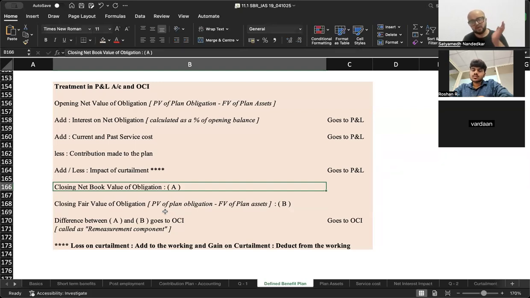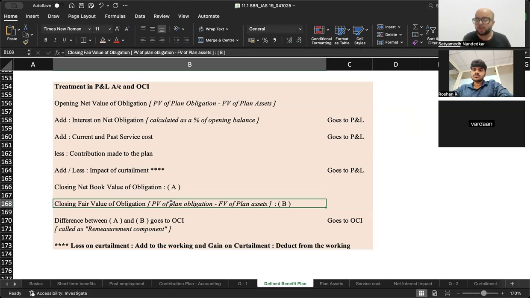So on the reporting date, they will again give you the present value of obligation and they will also tell you the fair value of plan assets. Now that amount could be slightly different. This is based on the actuarial calculation. Who is an actuary? An actuary is an expert who has expertise in valuation of pension benefits, insurance contributions, premium, leave encashment. Applying complex mathematical models, he tells you what the fair value should be.